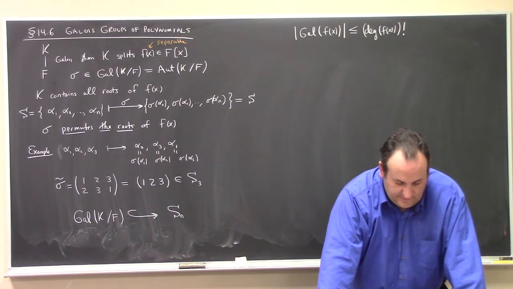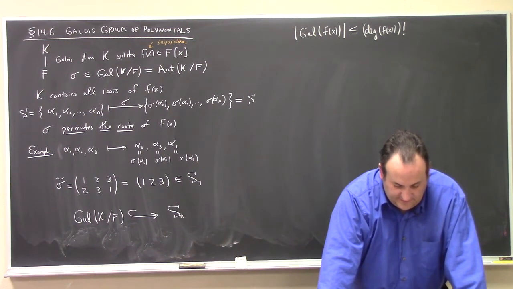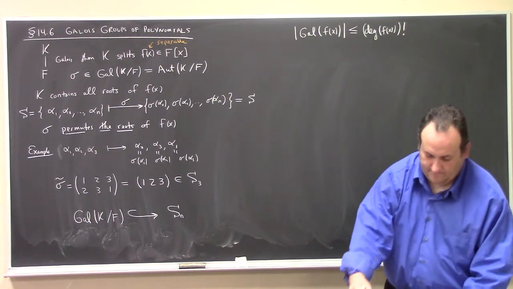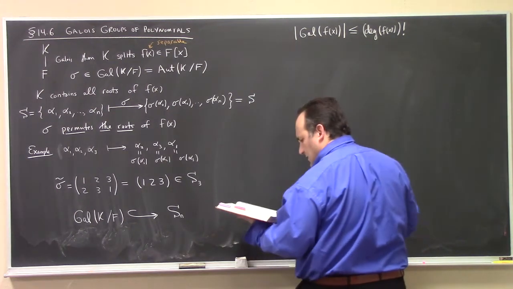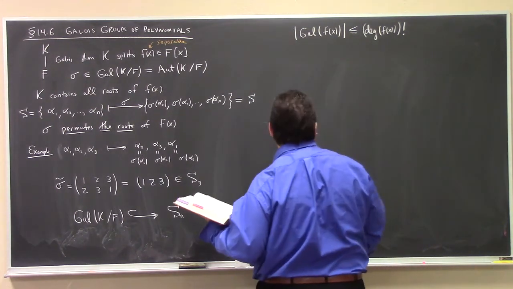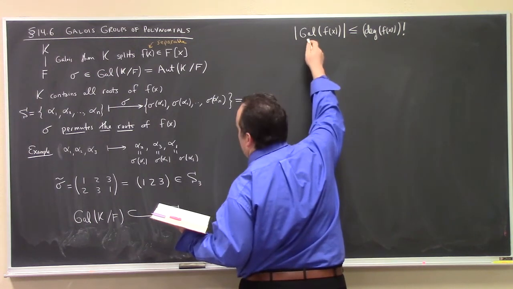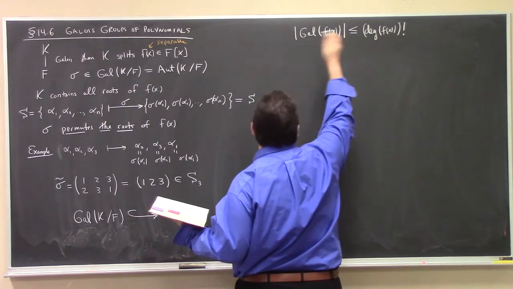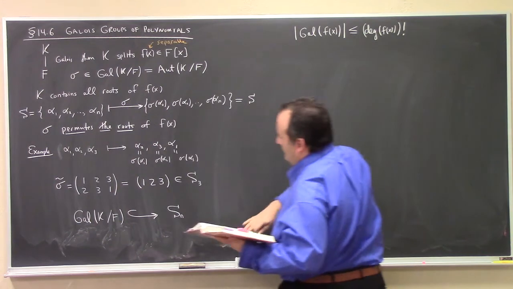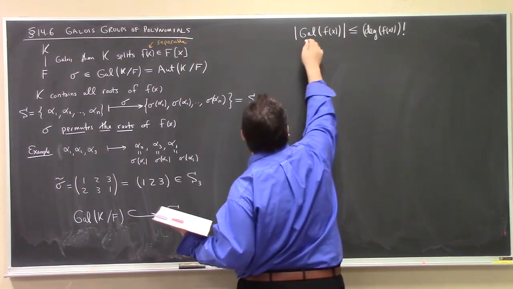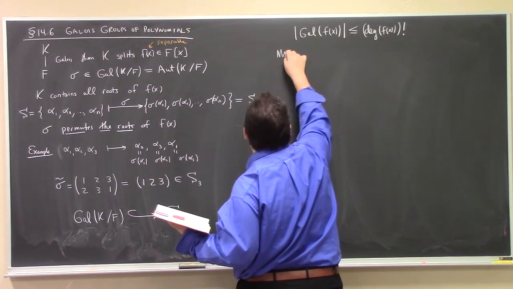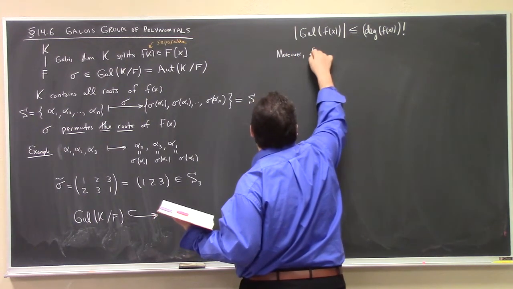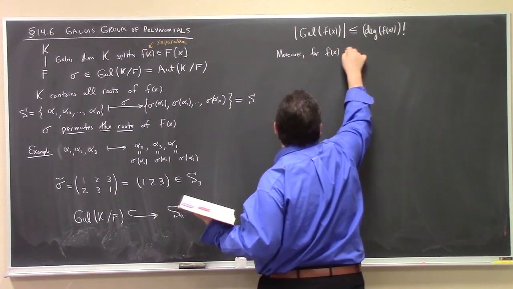He says, in general, f of x factors into irreducibles, f1 of x through fk of x, and let's see here. Is he assuming f of x separable? I think he's still assuming f of x separable. Oh, okay. So this is not wrong, but we can say a little bit more. Moreover, for f of x separable,